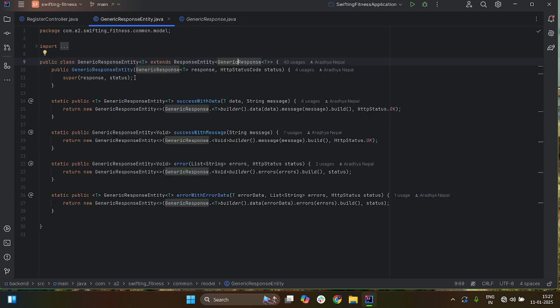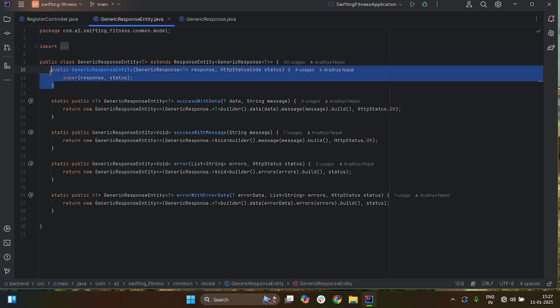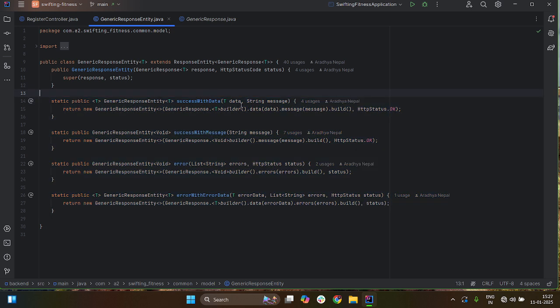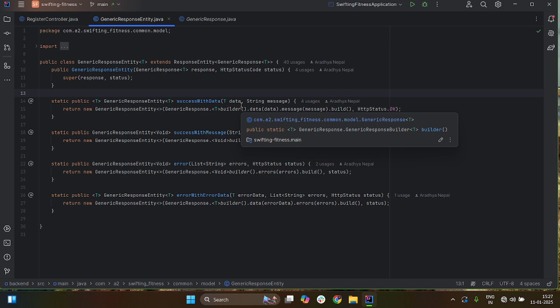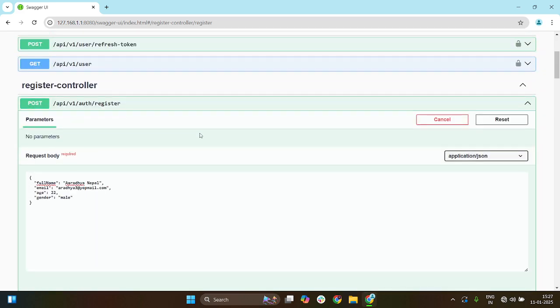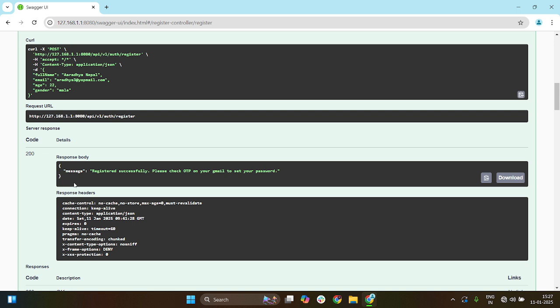And as you can see in the generic response entity constructor, we are just asking for a generic response and status code, and we are passing them to the parent class. This is nothing complex, but the static methods which I have created in this class represent what kind of response we might get from hitting my API. There are four kinds of response. First is success with message. Let's say user registered successfully, then this kind of response will be sent because